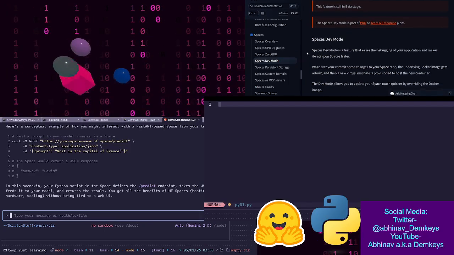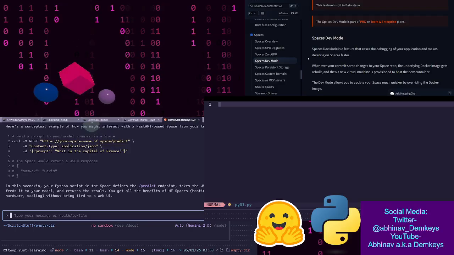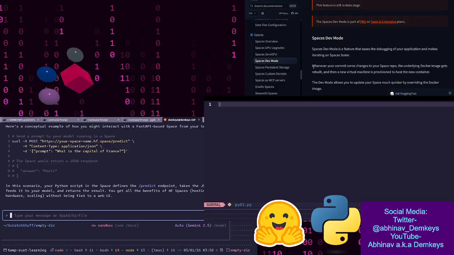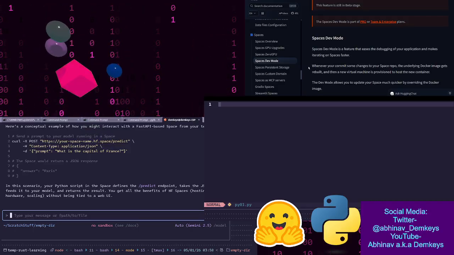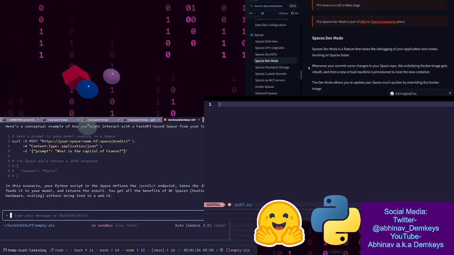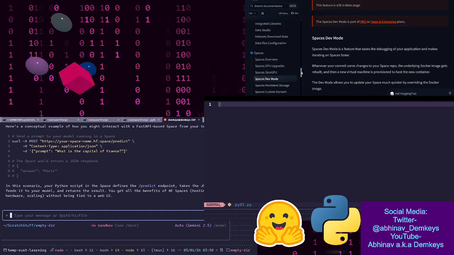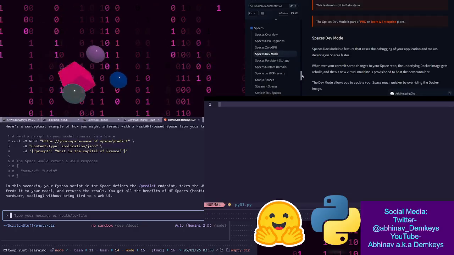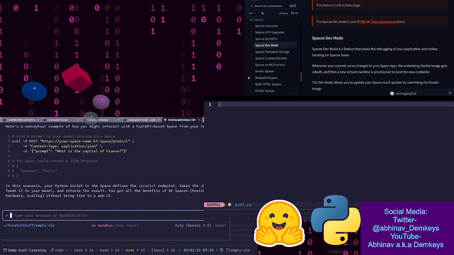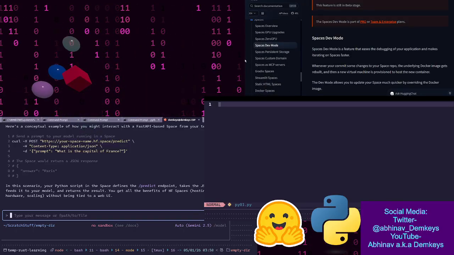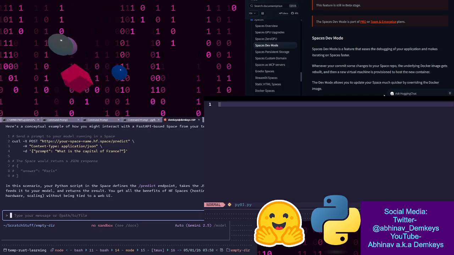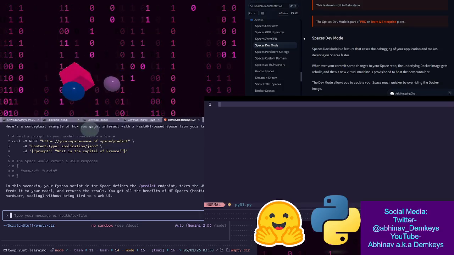Dev mode is a feature that eases the debugging of your application and makes iterating on Spaces faster. I feel like, okay. You know what? I feel like setting up Spaces directly with the web UI, for now, I think that's the best option